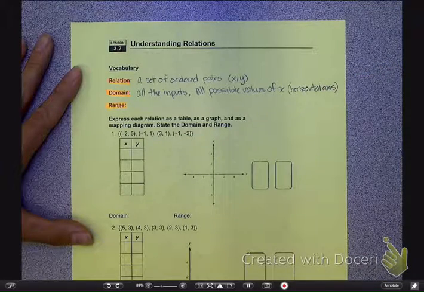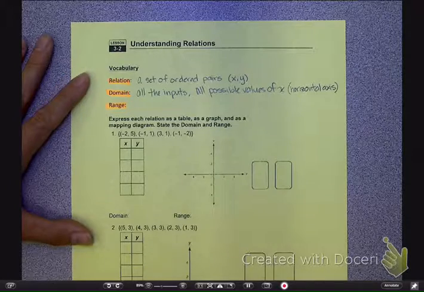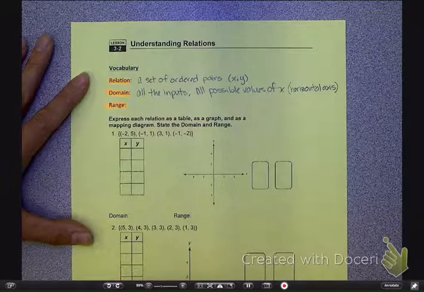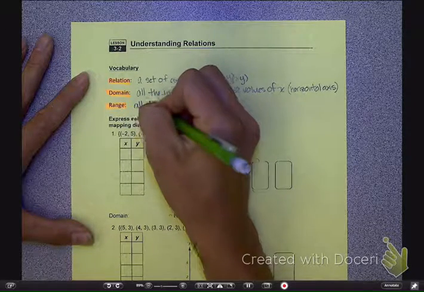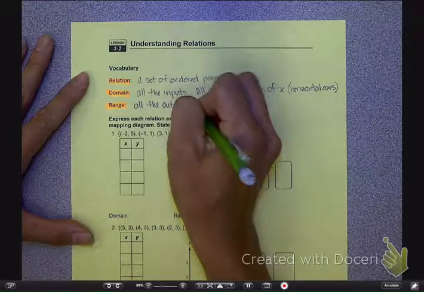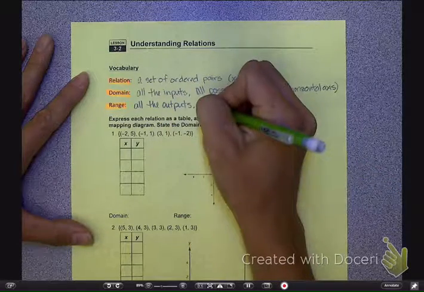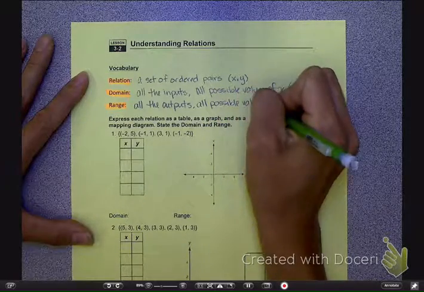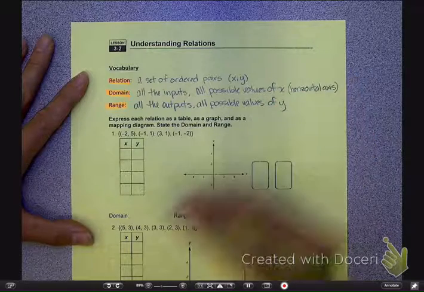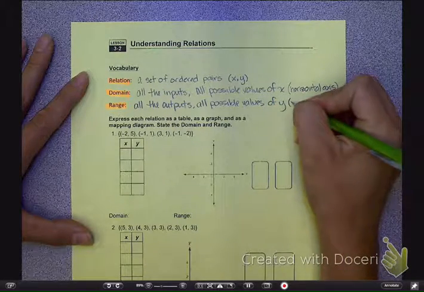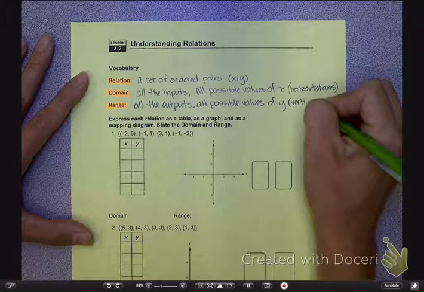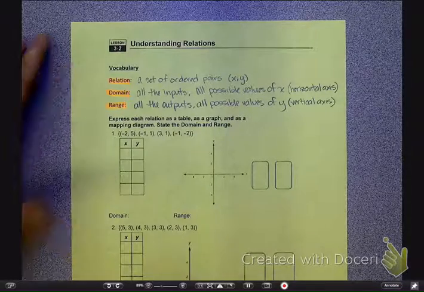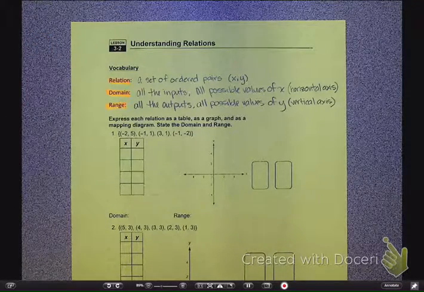Okay. Now, if you can remember, the range is kind of the opposite of domain. It's all the outputs. So it's all the possible values of y. And for those values, we're looking at our vertical axis. Okay, so